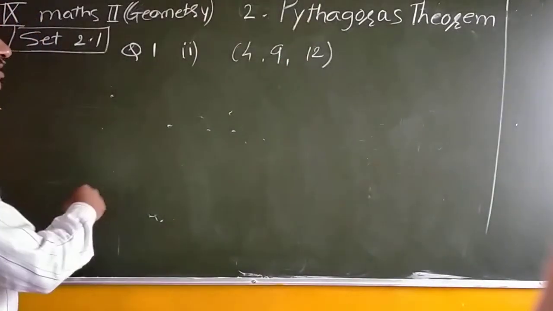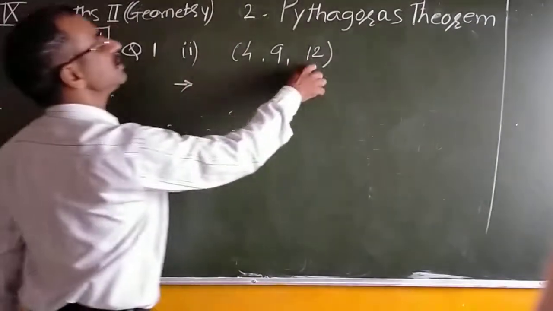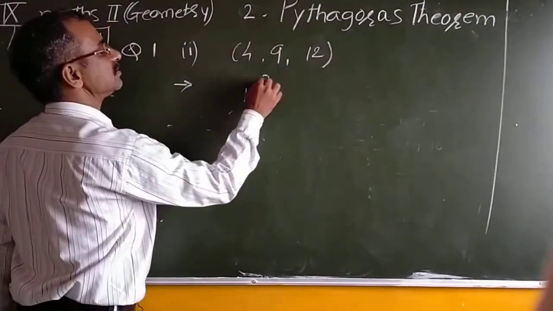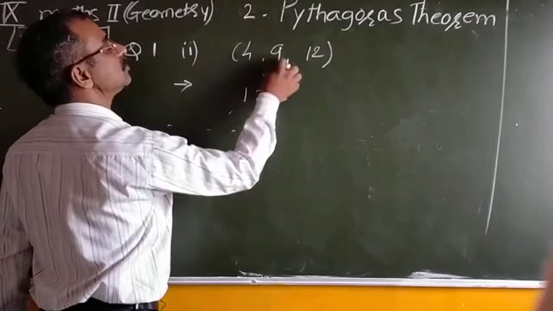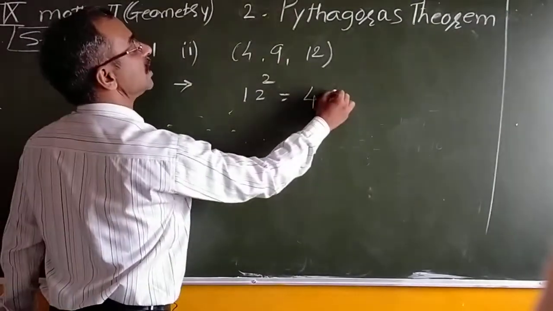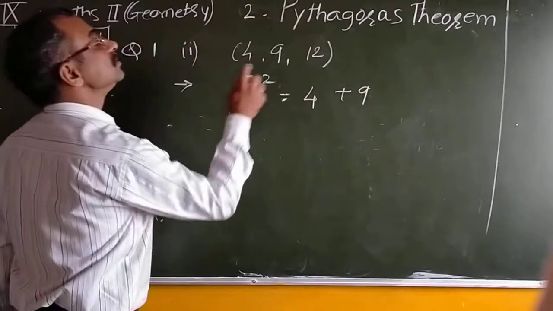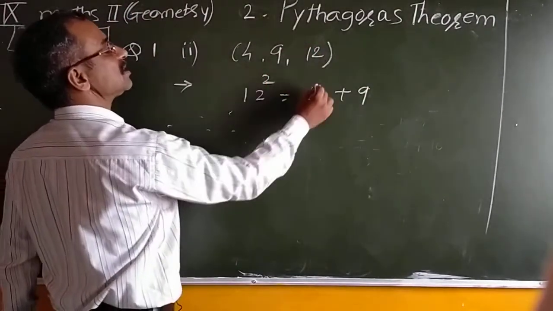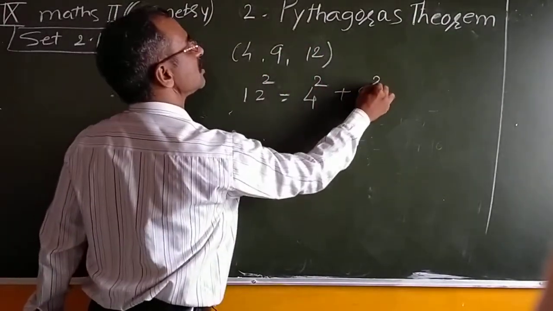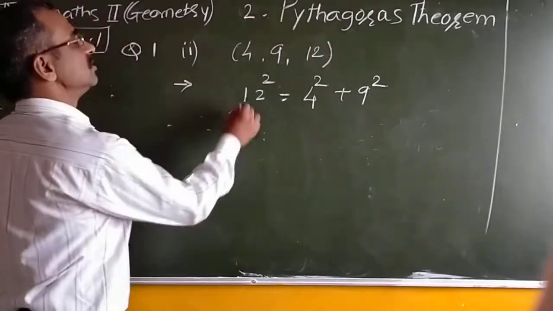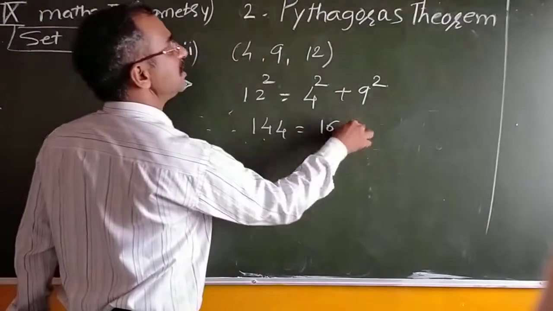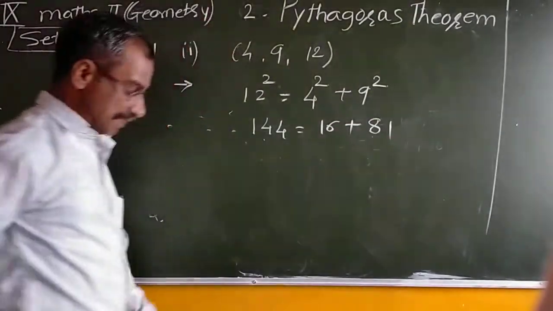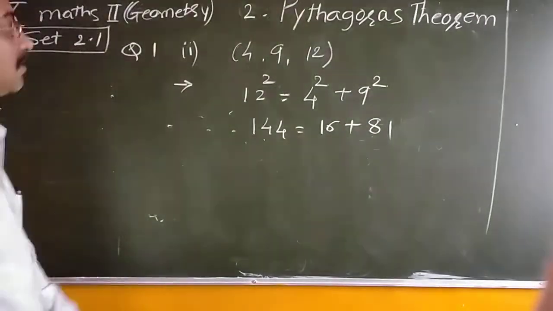Again using the same rule, the higher number is 12. The other two smaller numbers are 4 and 9. The higher number's square should be the sum of the squares of the smaller numbers. So 12 square is 144, 4 square is 16, 9 square is 81. Then by adding it,